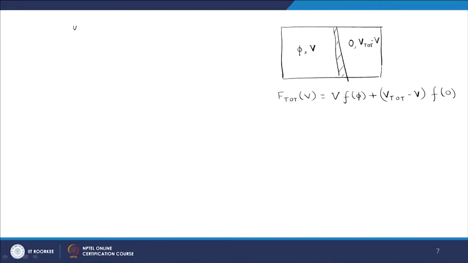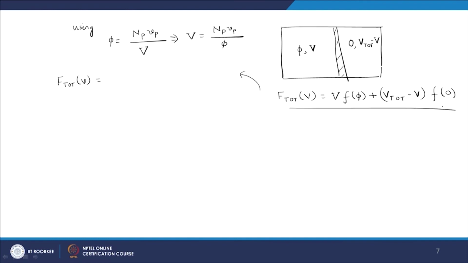And now, if I use the definition of phi, that is the number of solute particles multiplied by their specific volume divided by V, I can write f dot of V from here. So, I am simply replacing the capital V in terms of phi. So, we have capital V is equal to Np Vp divided by phi. So, I will plug in that value of capital V in the equation I have written earlier, and I will have